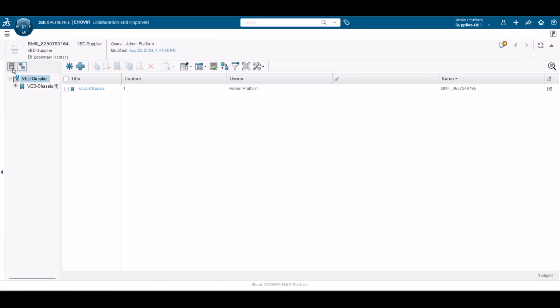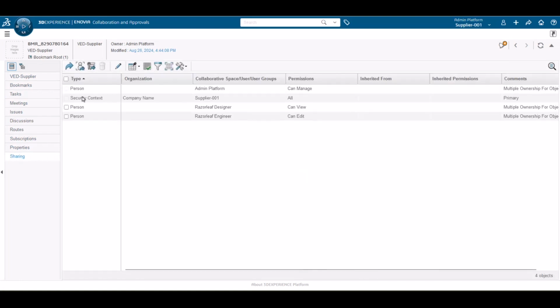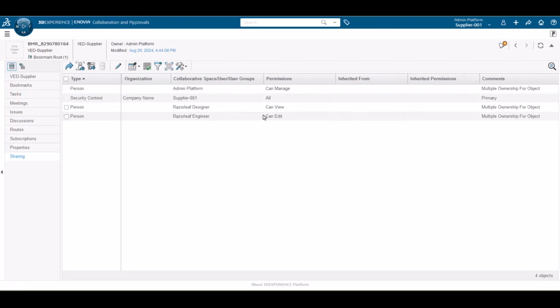And you'll notice that under VED supplier, and again, I'm showing you this interface just to give you a different flavor of it, I can look at sharing. You can kind of think of this as how you extend the security model or extend the security access of these objects. You'll notice that I have added Razorleaf Engineer and Razorleaf Designer here, and because I created it under the collaborative space, when I created this bookmark, I selected the supplier 01 collaborative space. So anybody that belongs to that collaborative space will have